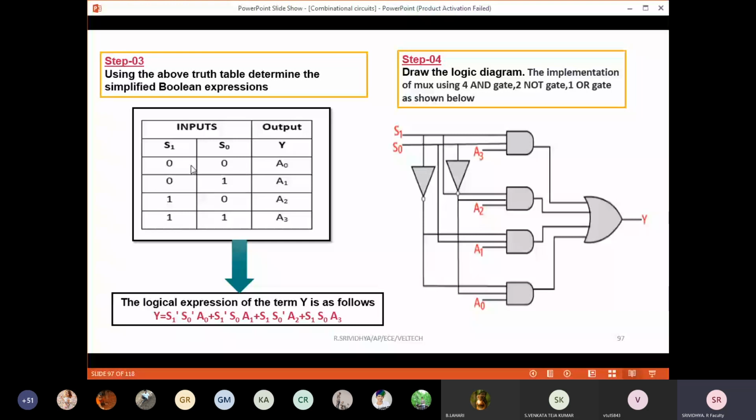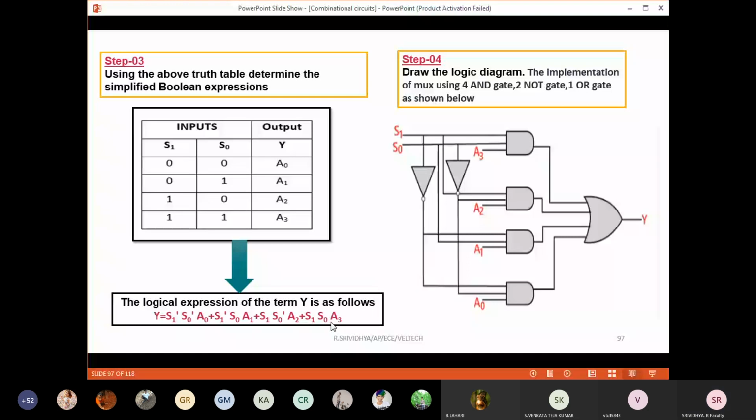Yes, any difficulty in writing the equation from the truth table? No, Guru Prasad is there. Guru Prasad, did you understand how I'm writing the logical expression? Yes, ma'am. Yeah, fine.